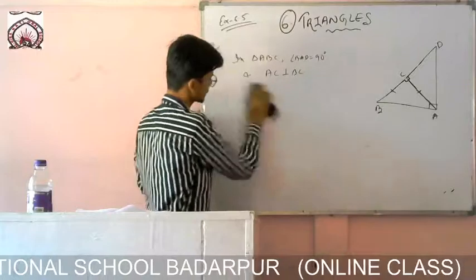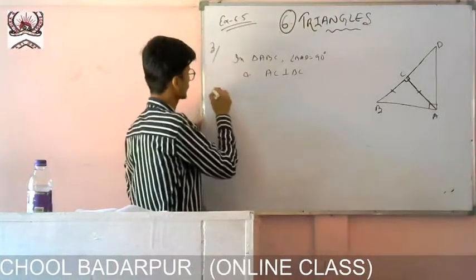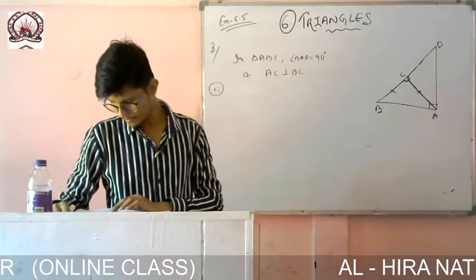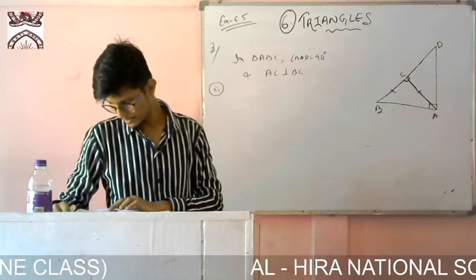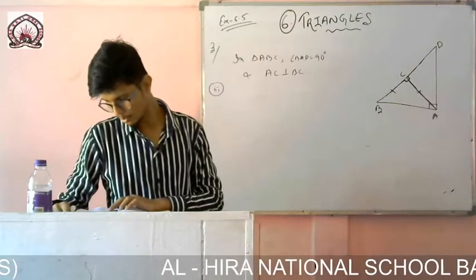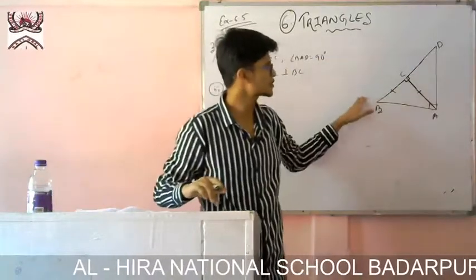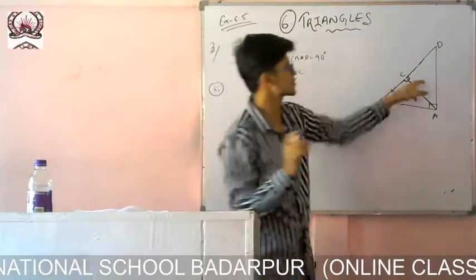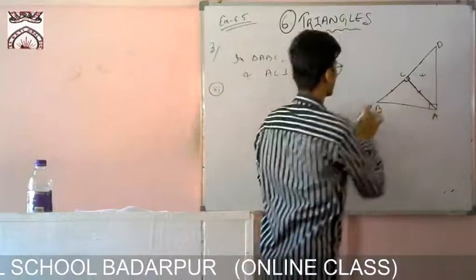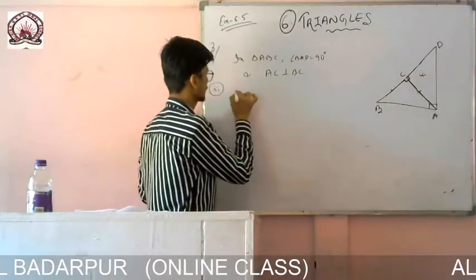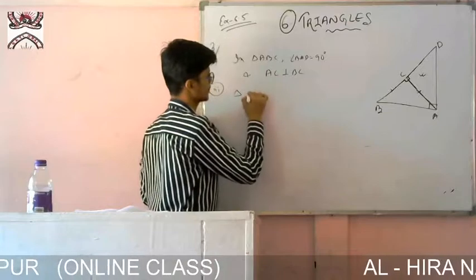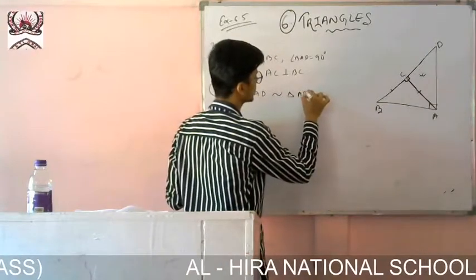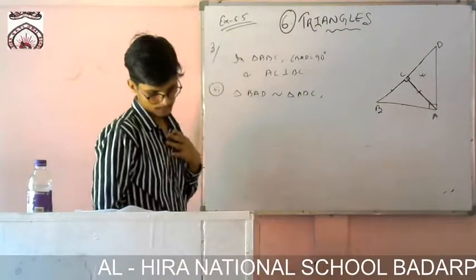Now Roman number 3, you see, you have to find AD, that means you need that side, then BD you need, that means the whole one. So if BD is there, that means one time I have to take this whole triangle, another time BD, CD and AD. So CD and AD are in this triangle. So I will relate this one with the whole one. So in triangle BAD, triangle BAD is similar to triangle ADC.